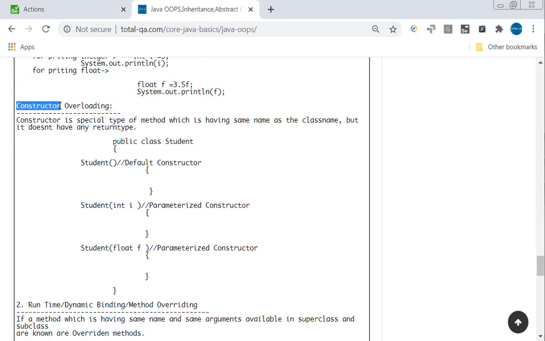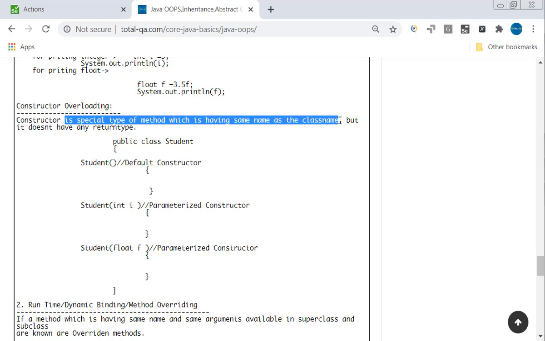We all know what a constructor is. A constructor is a method available in the same class, and it is invoked when you create an object of the class. There are two types of constructor: default constructor and parameterized constructor. We will discuss this topic in a separate video, but let's focus only on constructor overloading. A constructor is a special type of method which has the same name as the class name, but it doesn't